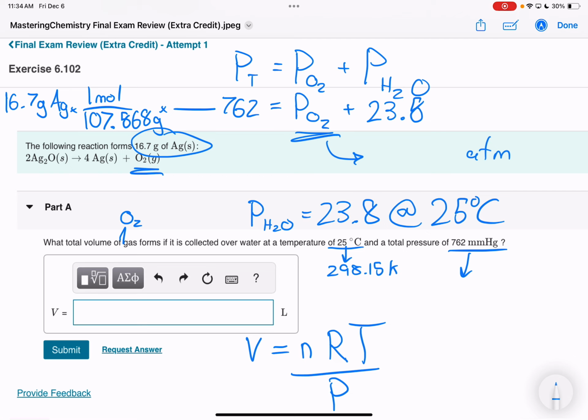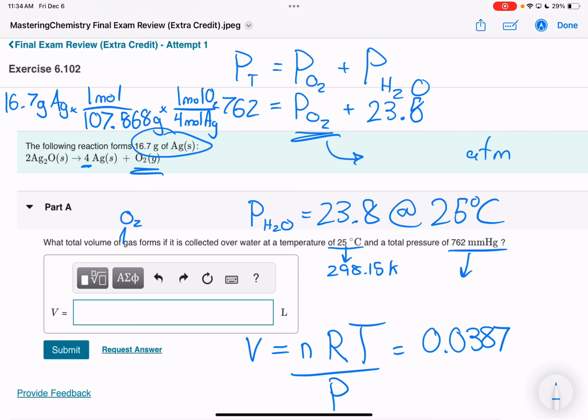Okay, from the stoichiometry, 4 moles of silver for every 1 mole of oxygen. So the moles of oxygen, 16.7 divided by 107.868 divided by 4. So I'm going to put that in this equation,